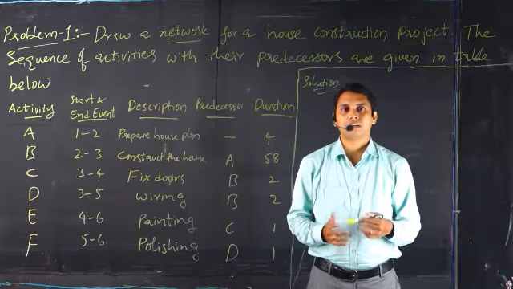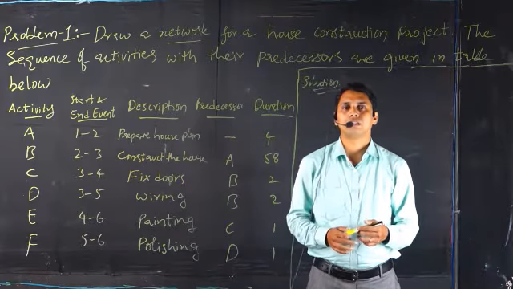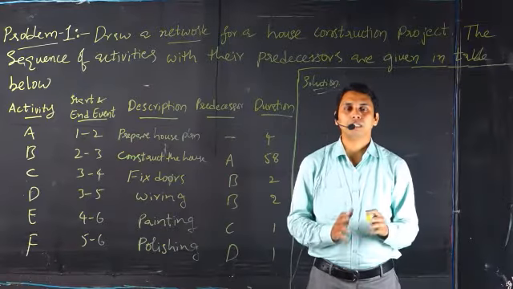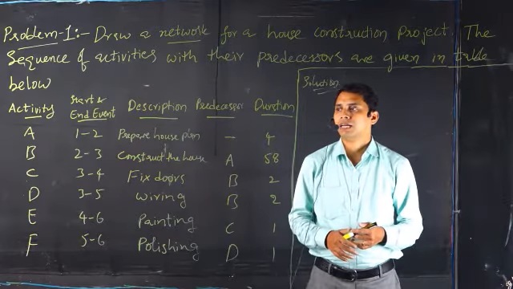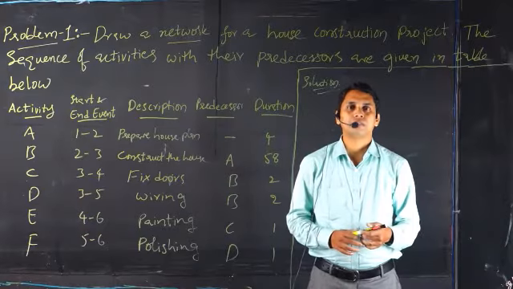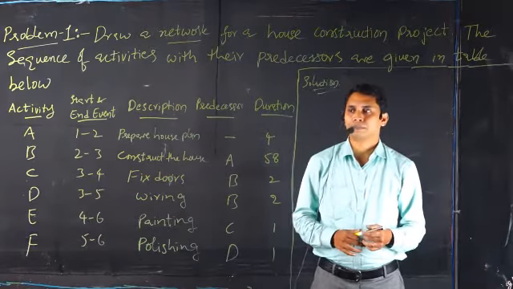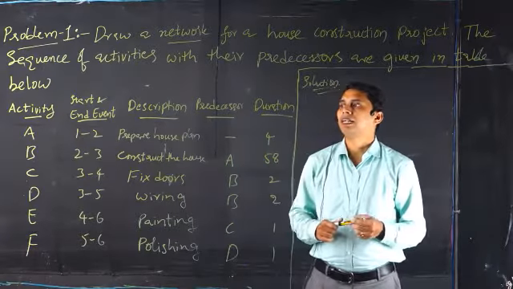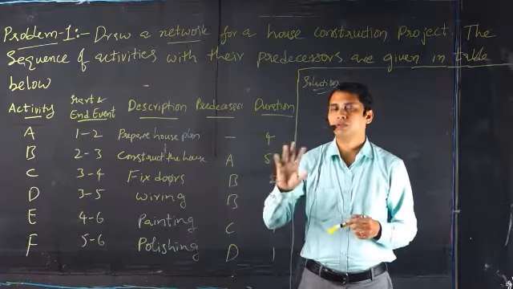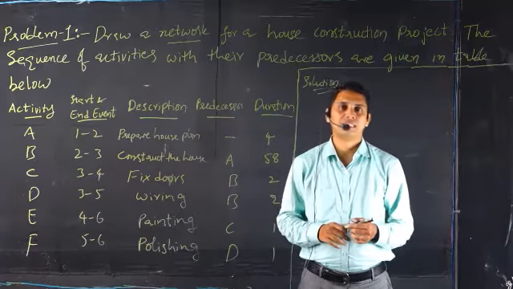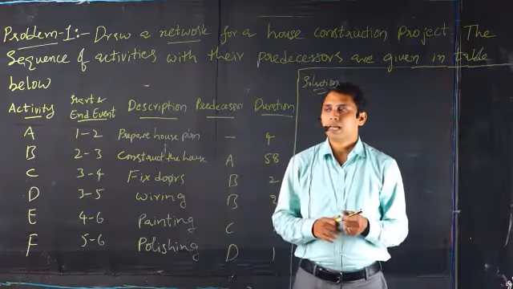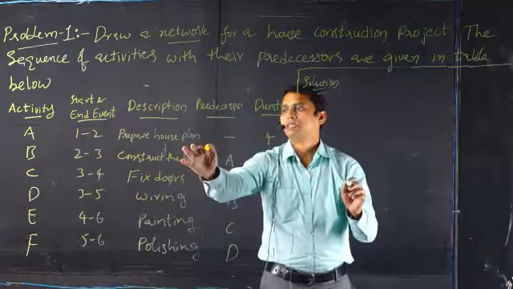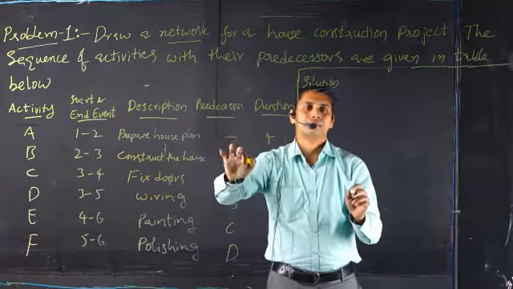When you are drawing the network diagram, we should ensure that there is no loop in the network. That must be ensured. This is the way we have to start drawing the network diagram. Now let's start. Activity A, for which the start and end events are given: 1 and 2 are the starting and ending events. We'll start with activity A, because that is the housing plan, which has no predecessor. Since there is no predecessor,